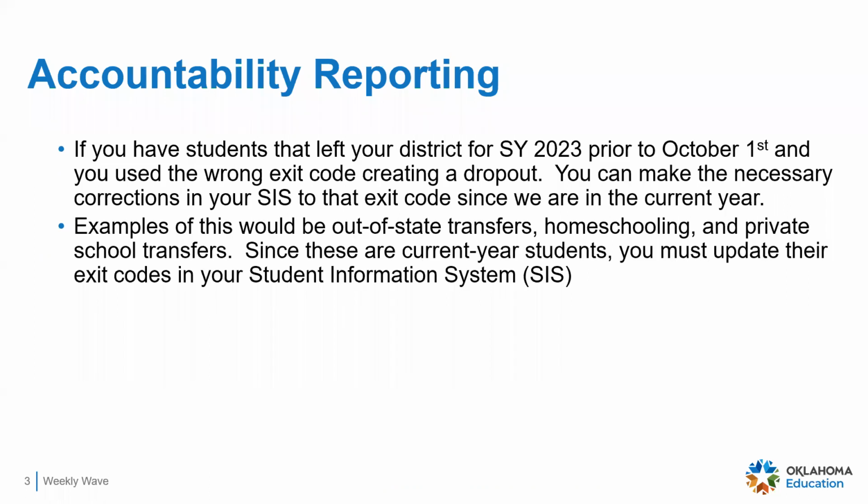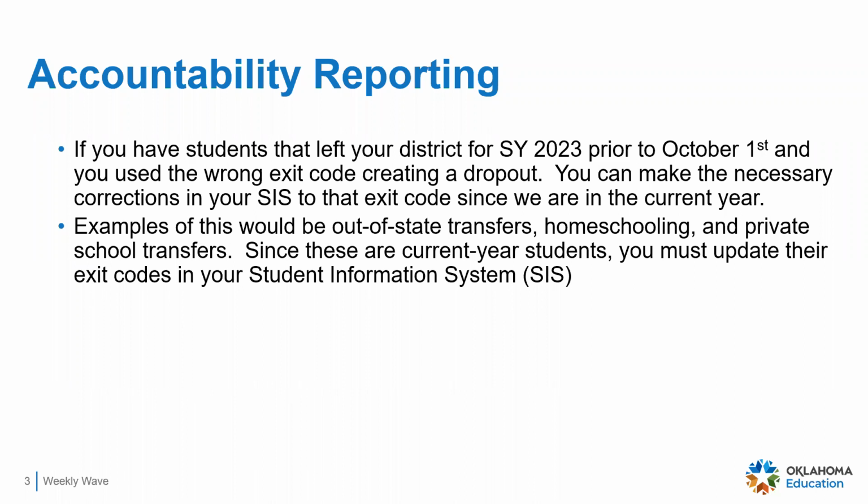Also in accountability reporting, just put this out there. The window for dropouts is closed, but if you have students that left your district this school year prior to October 1st, and you used the wrong exit code, which might have created a dropout, you can go in and make necessary corrections in your student information system to that exit code since we're in the current year. This would include any student that might have done an out-of-state transfer, homeschooling, private schools, or